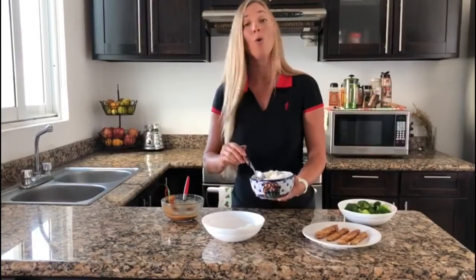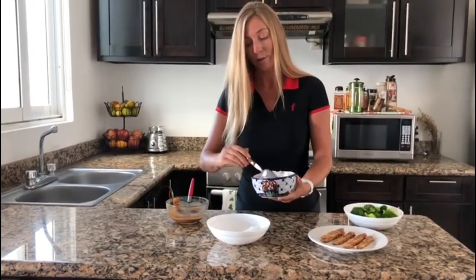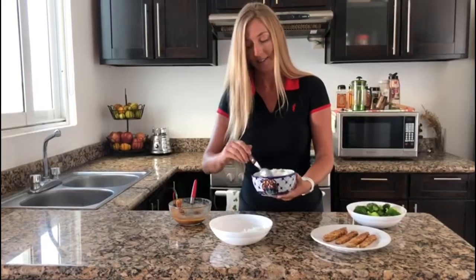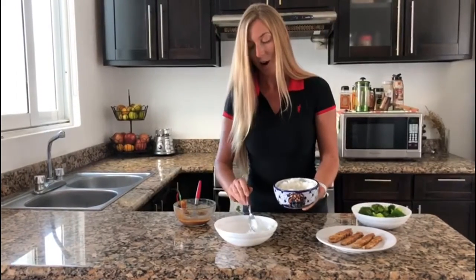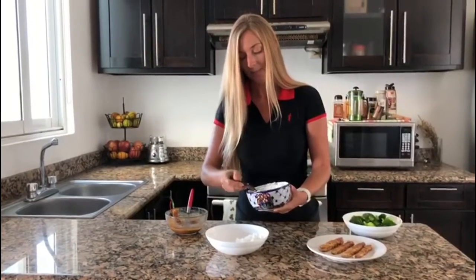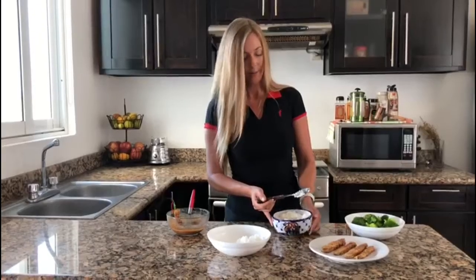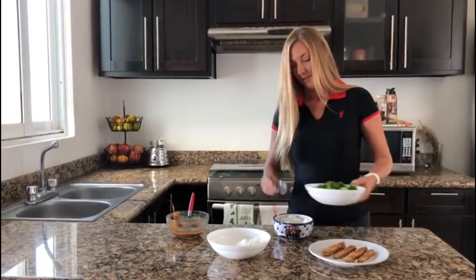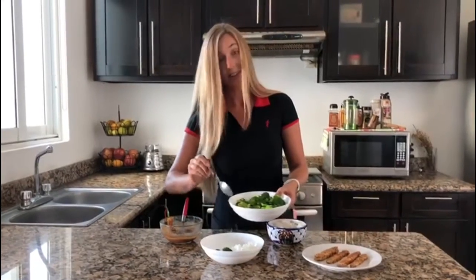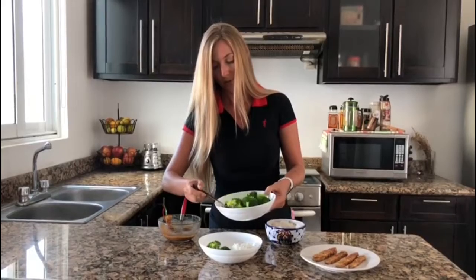It's a whole grain rice that doesn't cause as much spike in your insulin, so in your blood sugar, as white or brown rice. You can get this at Costco, even at the Mega you'll find it. It's considered to be a complex carb instead of a simple carb, so it's better for those of you that are trying to eat healthier carbohydrates. And we're going to use some broccoli that we